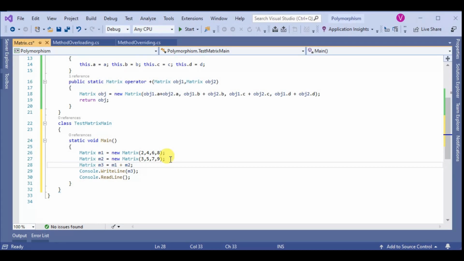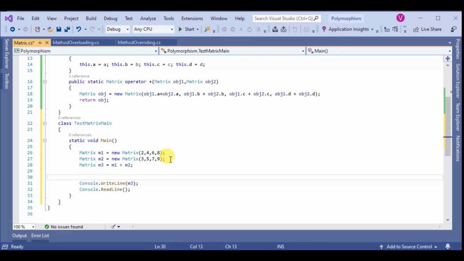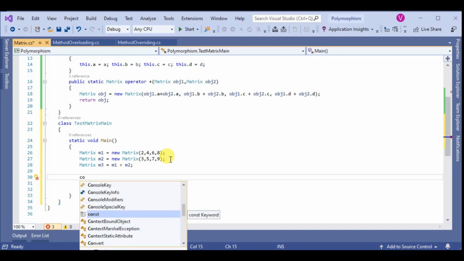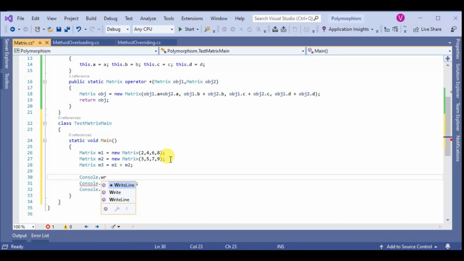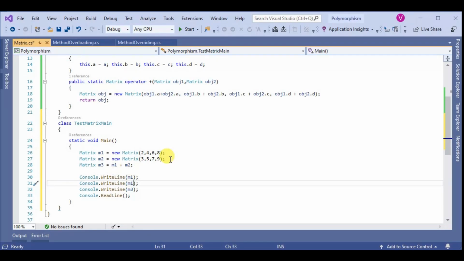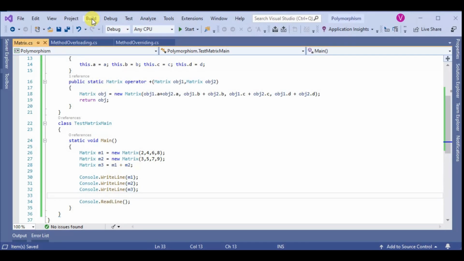And we print matrices m1 and m2 also with Console.WriteLine. So save this program and run.